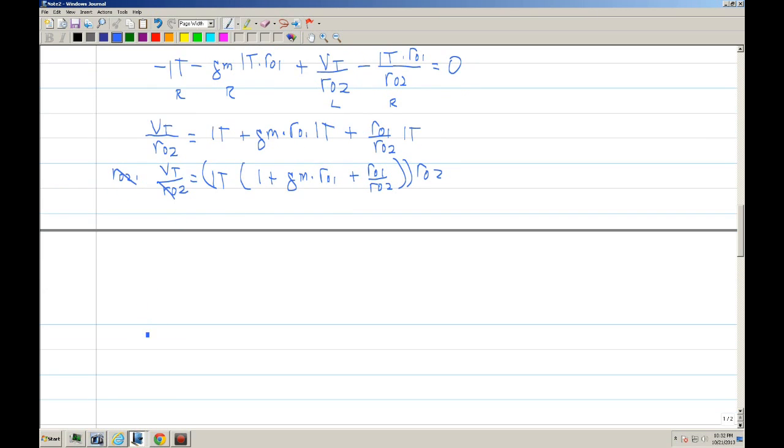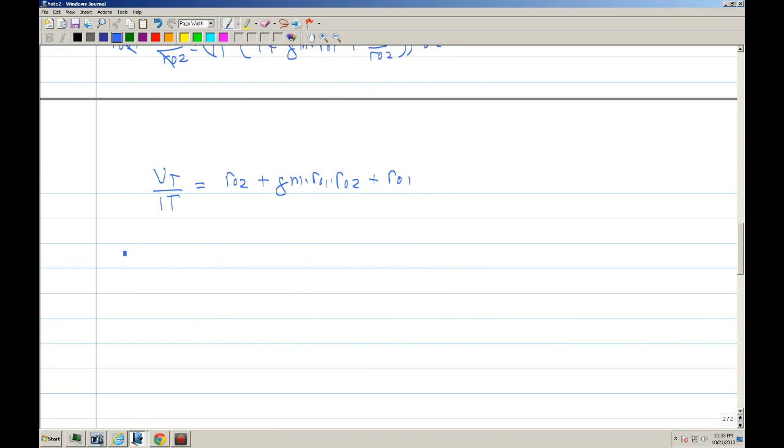Okay, so I should end up with, let me see, VT, and I will skip a step, and we'll say that it's RO2 plus GM RO1 times RO2 plus RO1. Okay, so this is the output impedance Z,